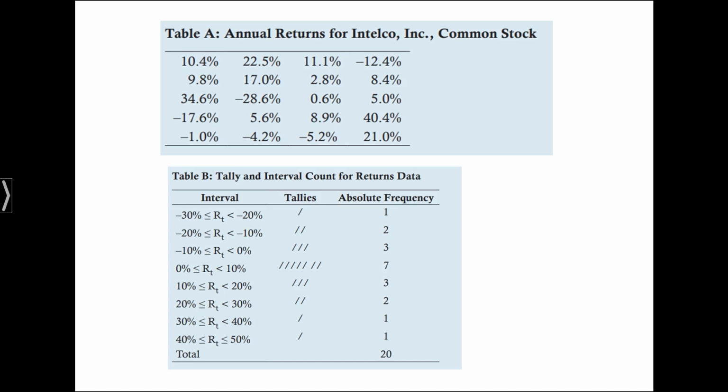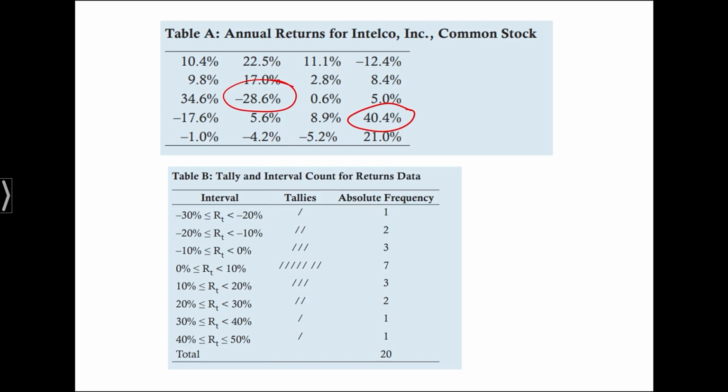I can see maybe that, oh, look, the very biggest return was 40.4. And we could look for the lowest return. What's the lowest return? It looks like 28.6. So we can get some idea of a range here. But it's hard to understand how the